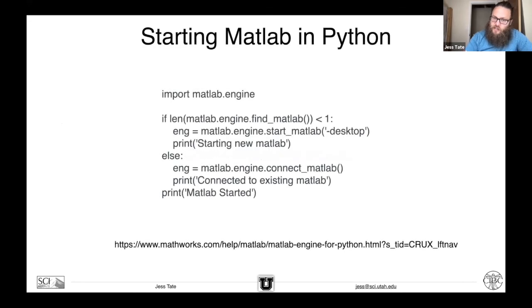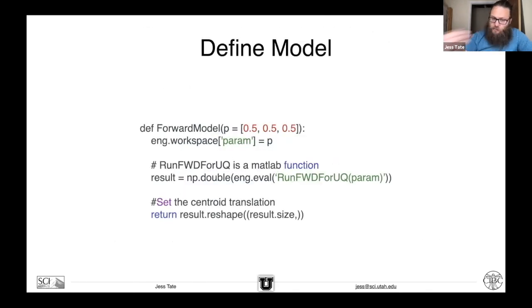So, for instance, if you have your modeling pipeline implemented in MATLAB, you can actually run UncertainSCI with MATLAB, using the native Python engine in MATLAB. So what you do is, in Python, you can instantiate the MATLAB engine with a code set similar to this. And there's more information about that Python interface on the MATLAB site. But then once you have MATLAB running, you basically set up your forward model, which in this case is fairly generic, but one of the important parts is